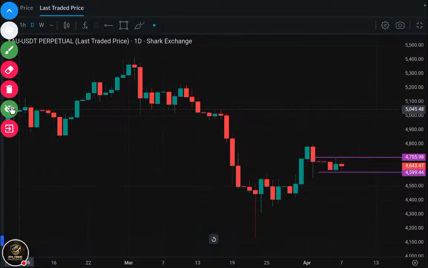So this is my point of view on gold and BTC, and I'll plan gold for buying above 4705 and for selling